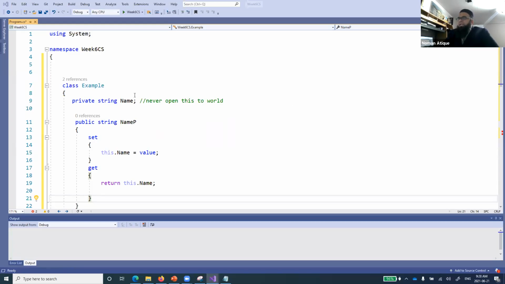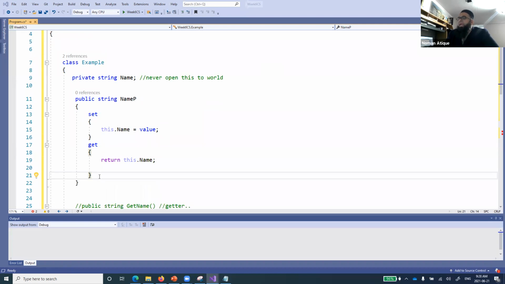Right. So as I said, we have just defined a private member over here, and then we are defining a property. Let me tell you something interesting about this one. What is this value, and where is it coming from? Whenever someone accesses this property, the value that has been passed is set to this one. So this property, which we have called Name, the property, right?